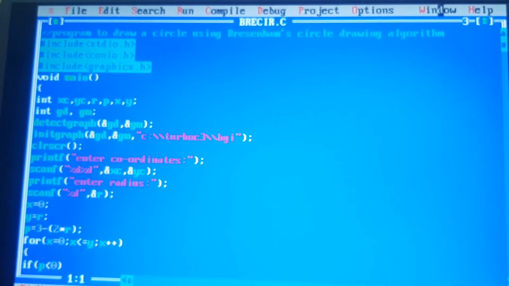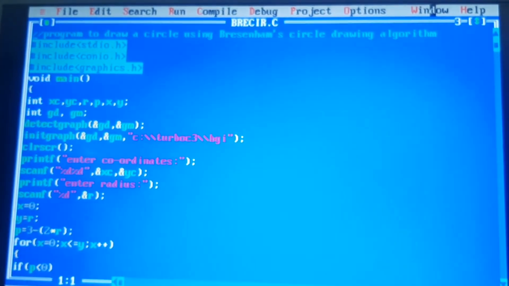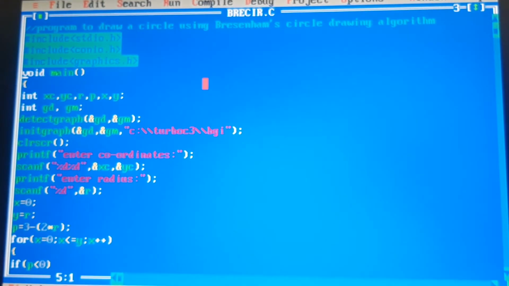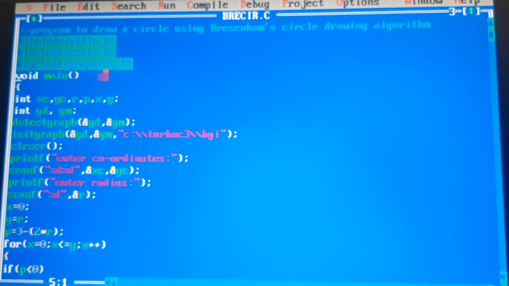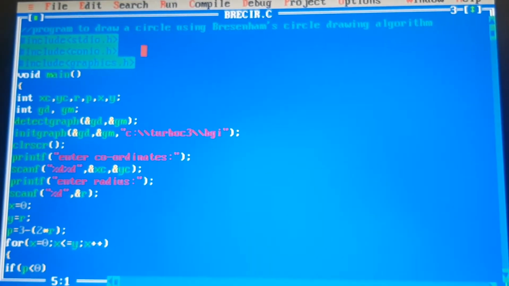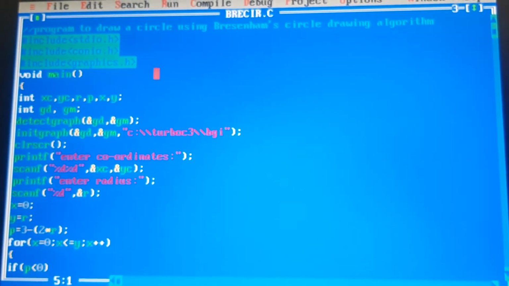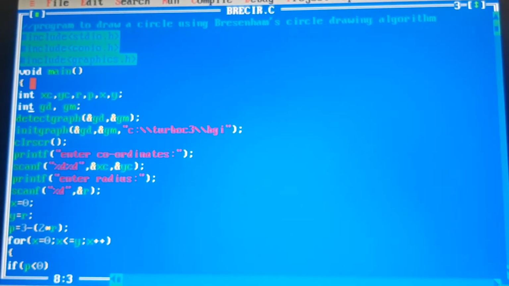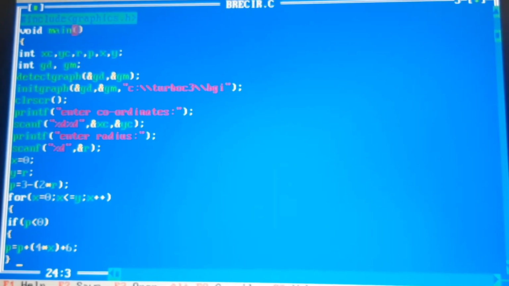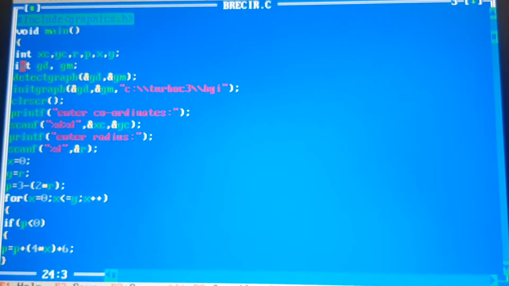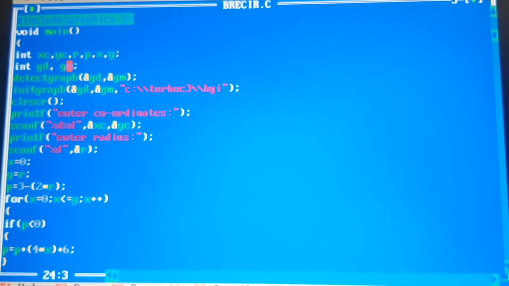Then let's execute Bresenham's circle drawing algorithm. These three are the header files: hash include stdio.h, hash include conio.h and hash include graphics.h. The next is your main function. In this main function, first I have declared int xc comma yc.